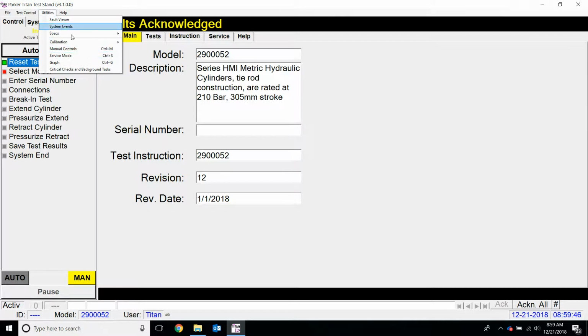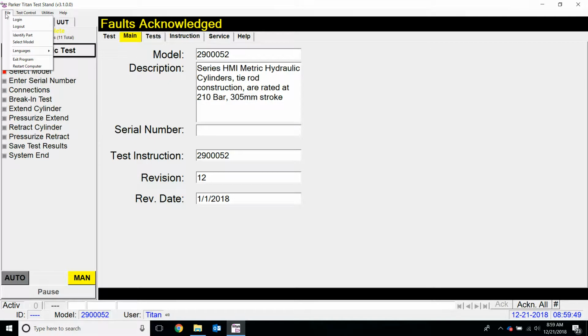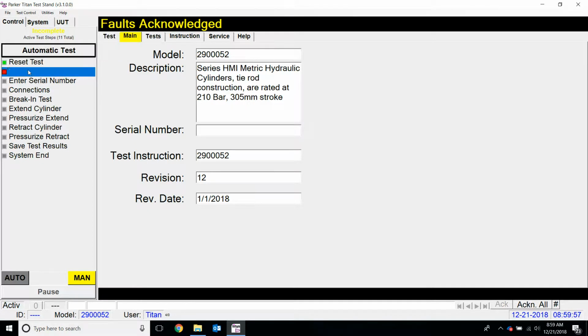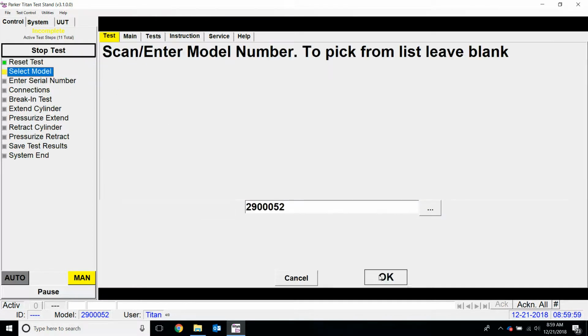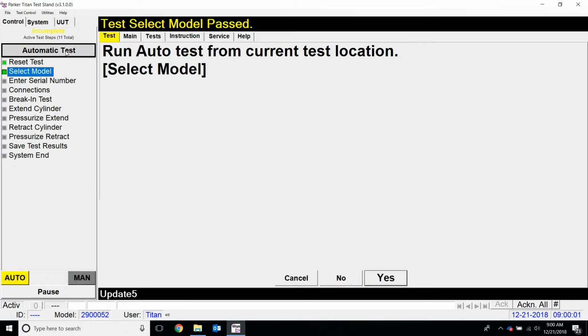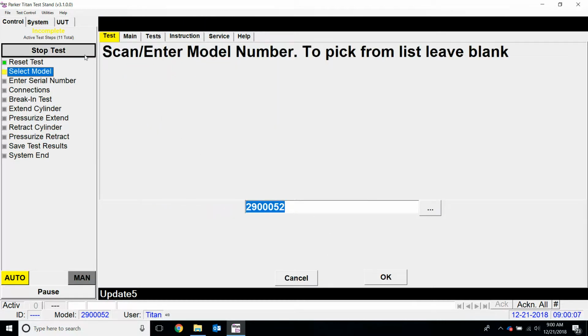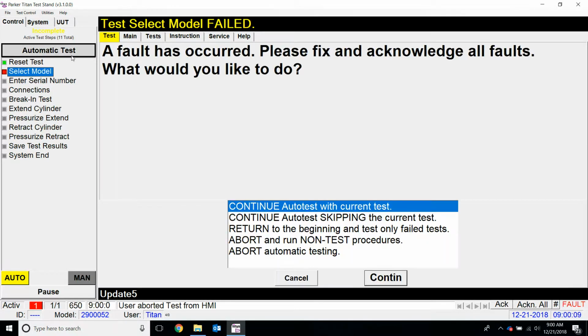A lot of these features are only allowed if properly logged in. And so they would be grayed out if they weren't logged in with the proper authority. So I'm going to start here real quick, and actually I am going to run a test here and abort. Yes, run from current location. Okay, so I faulted a test on purpose here so you can see that I have a fault along the